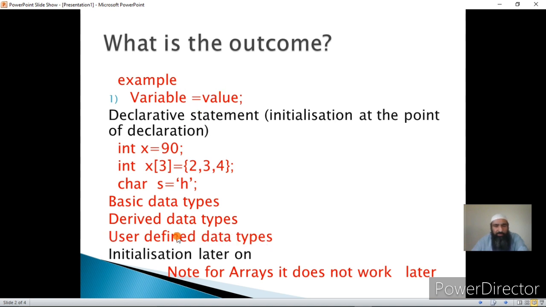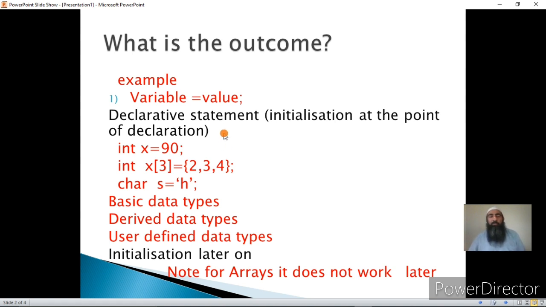User defined data types are structures, unions and enumerations in C, and classes in addition to the first three in C++. There are three types of data types in C. One is basic data types, that is character, integer, float and double, and derived data types such as functions and arrays. We have now discussed pointers and arrays, and user defined data types such as structures, enumerations and unions. Now I hope this is clear.